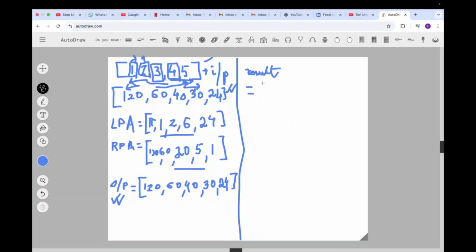So this result array will have the same logic, and it will have the same numbers, of course. So it will have 1, comma 1, comma 2, comma 6, comma 24. Now, for the right product array, when we are evaluating the right product array, what are we doing? Instead of taking a brand new array whose length is equal to the length of the given array, we can just take a